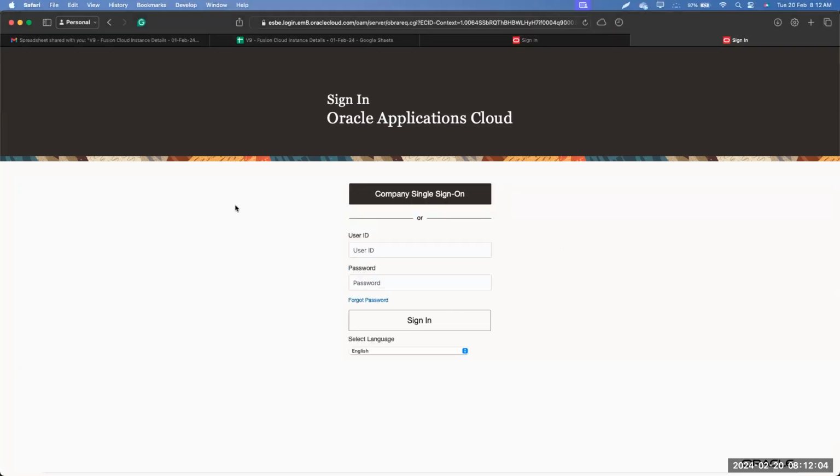If you notice, you will see this is also another login page. But here you will see this company single sign-on. So you guys would have heard about SSO, right? SSO is a single sign-on. That means we can use our Microsoft credentials to get into the application without the need to have a separate username and password. Okay? So once I click on the company sign-on, what will happen is it will directly check